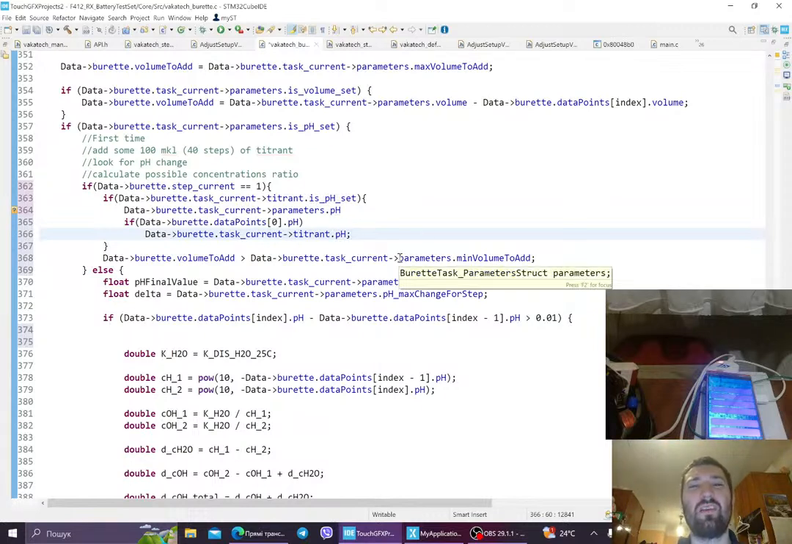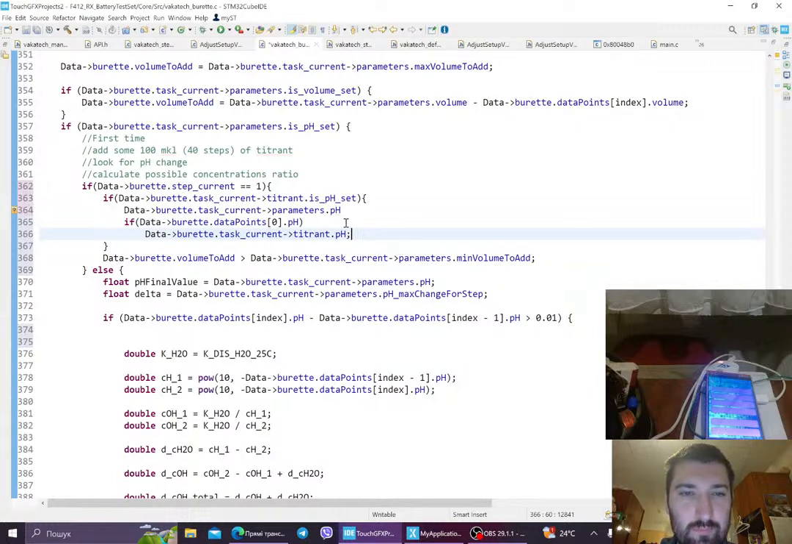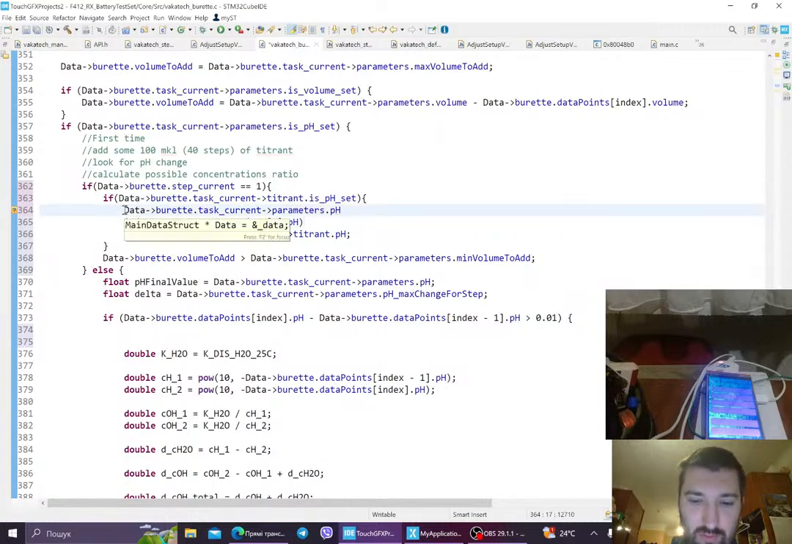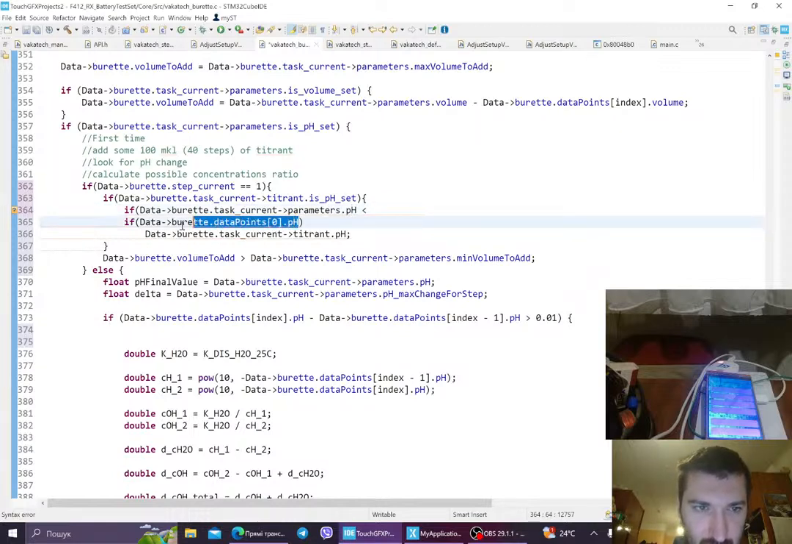And what do we have? If the current pH is on the other side, how do we make it mathematically? So let's do it like this. If current parameters pH is less than